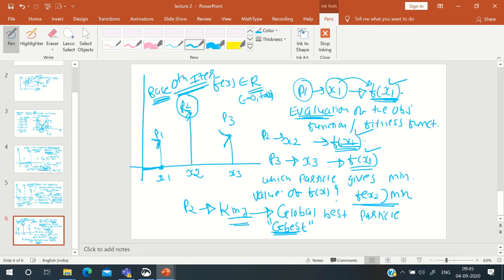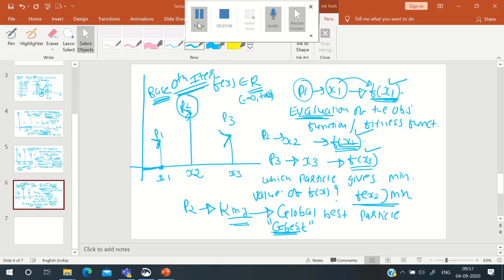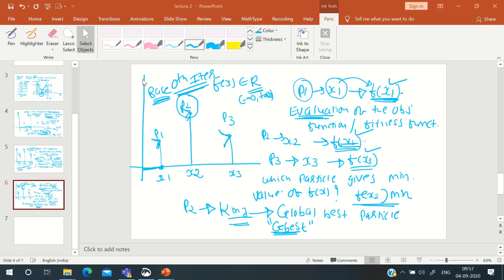Now, okay. So now let us proceed further. Now, corresponding to... now let us see another concept also. Now, in this zeroth iteration,